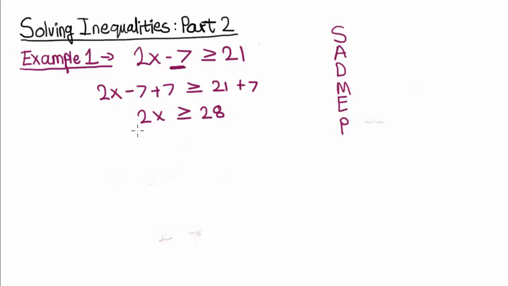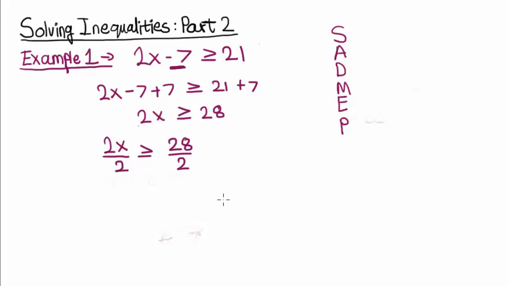Now the appropriate inverse operation of multiplying 2x is dividing both sides of this inequality by the number in front of the variable x. In this case, the number in front of the variable x is known as the coefficient, which is the number 2. So all I really need to do is divide both sides of this inequality by the number 2. And when I do that, I get 2x divided by 2 is greater than or equal to 28 divided